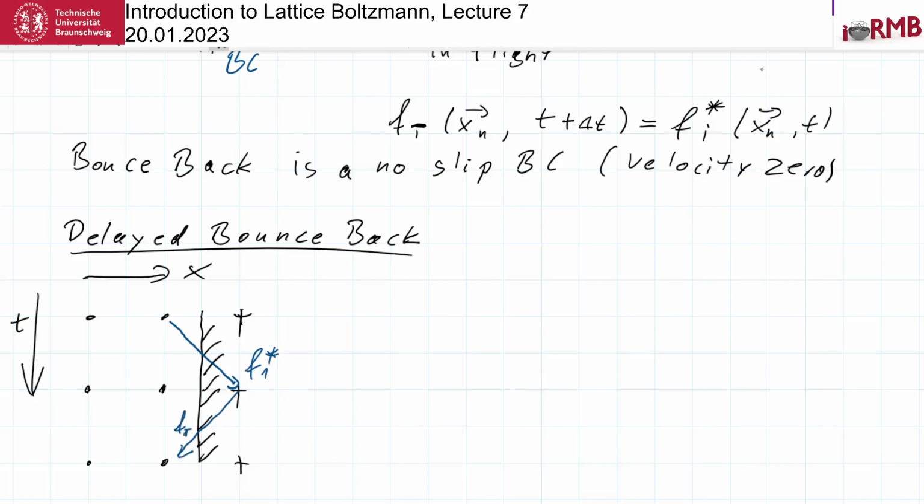So this is now the opposite, but pre-collision. So we get from this fi, again, this is xn. So xn and t plus, now because it went into the wall, it waited for one time step, it comes out two time steps later. And this is, so sometimes you see it's applied like this, and